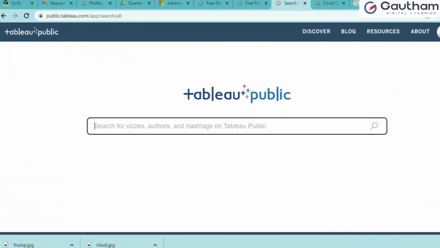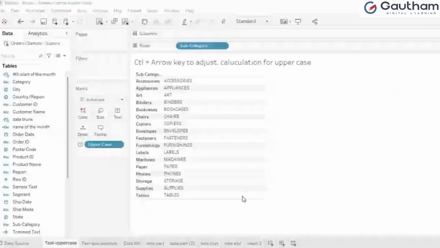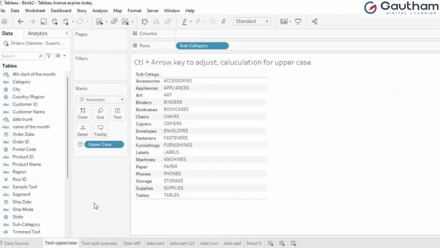So let's come back to our class. Let me share Tableau now and come to the calculation part today. See, calculations are of many kinds. In between, I have used a few of them. Calculations can be used for the text part, date part, number part, all those things. So for now, I see there will be many calculation fields.